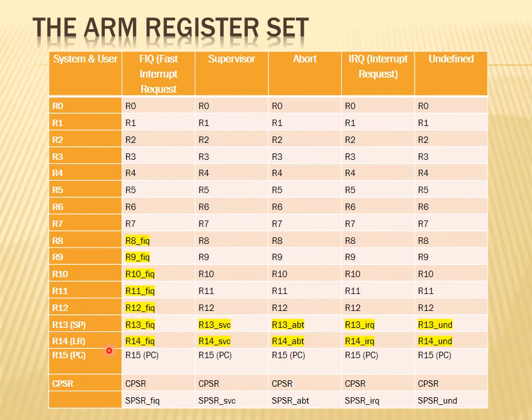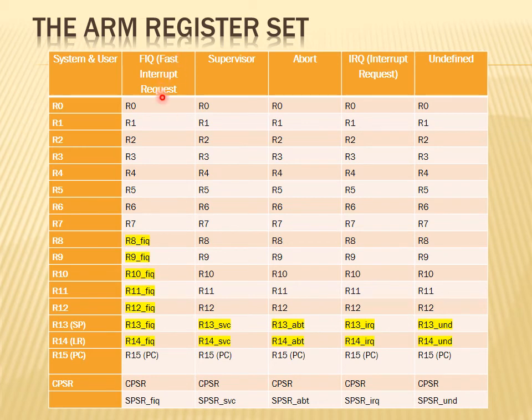Of course, the stack pointer is also there. Link register, if it is available, that is also copied. Stack pointer register contents will also be copied. So yellow colored registers are the banked registers. Whenever the processor changes its mode from the user mode, it will copy those register contents into the respective mode registers. So an extension has been given in all the modes. In short, those letters have been written: FIQ underscore FIQ underscore FIQ.